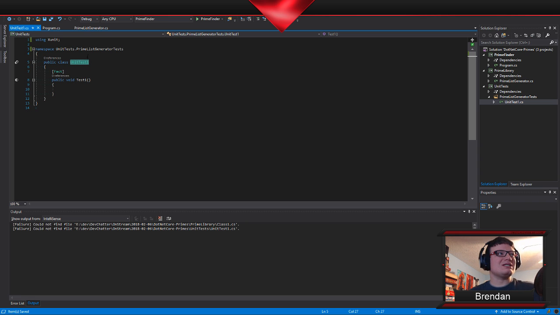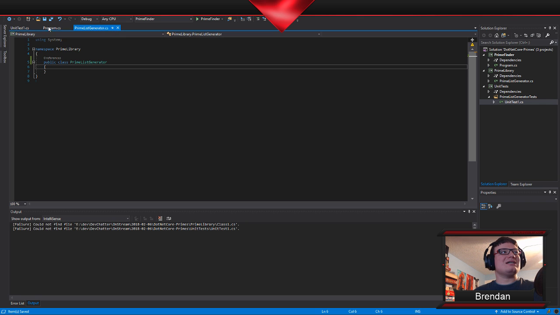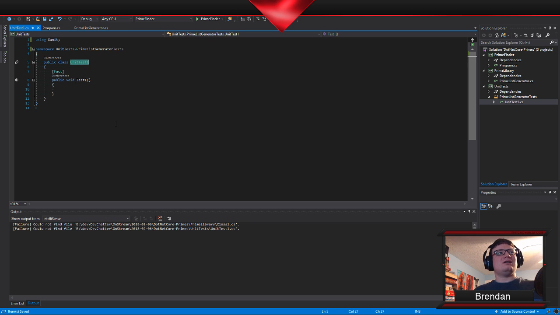So what I usually like to do, and there's a lot of preference to this, is say something like, okay, so I called it the prime list generator. Prime list generator dot get primes under, up to, I don't know, figure it out in a second.